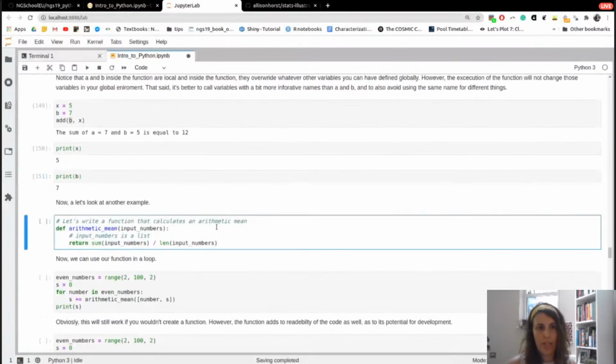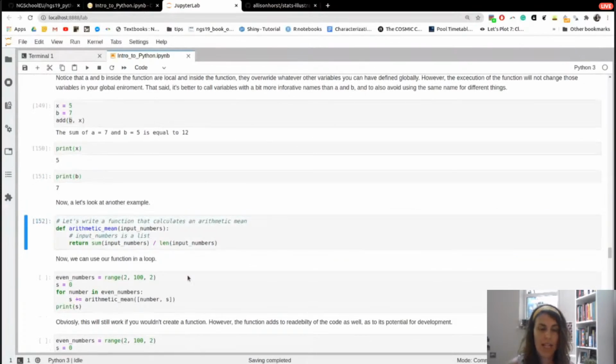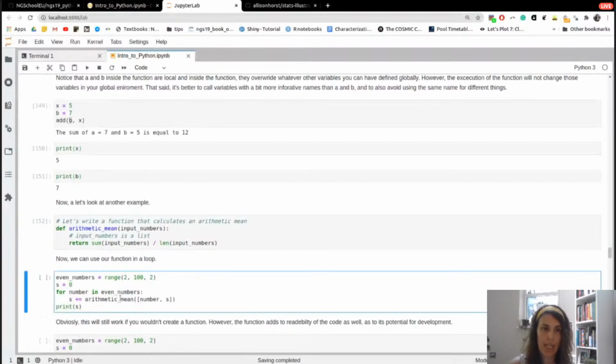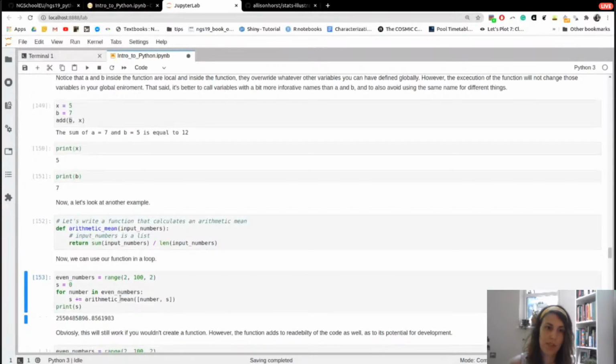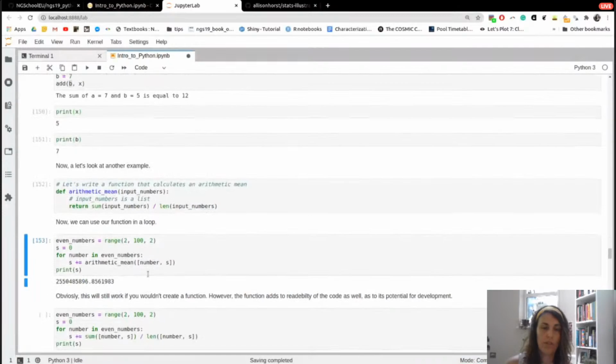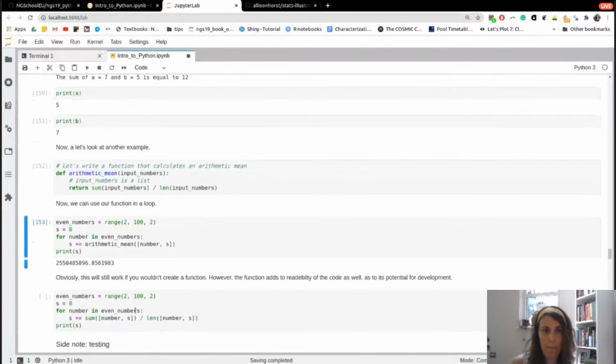Okay. Let's write a function that calculates arithmetic mean, and that function will come in handy. We want to create a number s, which is an arithmetic mean of even numbers. So we wouldn't have to create that, but specifying a function and enclosing it increases readability and allows us to adapt